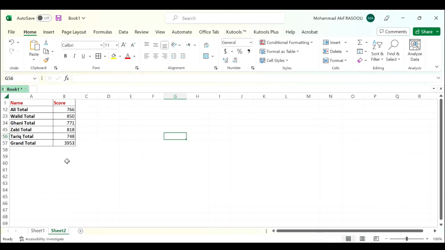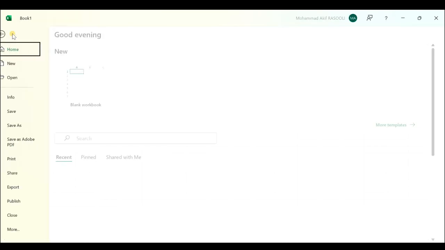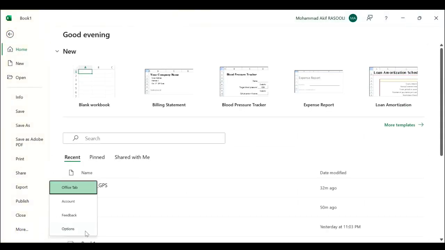As you can see, my outline symbols are hidden. If you want to display them again, repeat the same procedure. Click File, in the More, select Options,